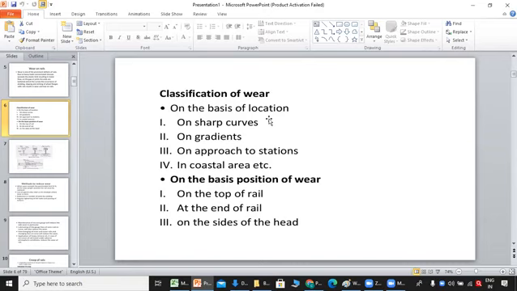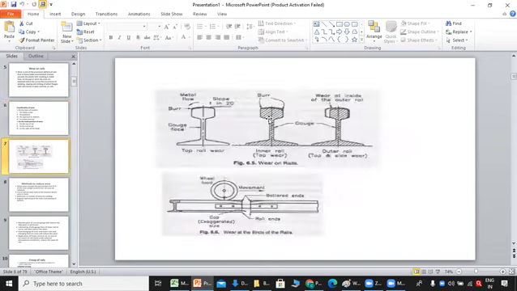in a coastal area also where moisture may be present in atmosphere, ठीक है, due to moisture or due to continuous implementation of load, ठीक है, there is a chance of skidding or slipping due to which wear may occur. So now see these diagrams, ठीक है, wear on rails, figure number 6.5 and figure 6.6, where at the